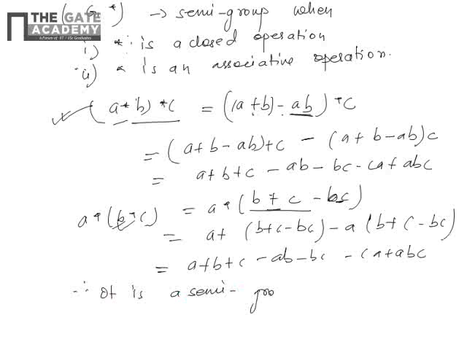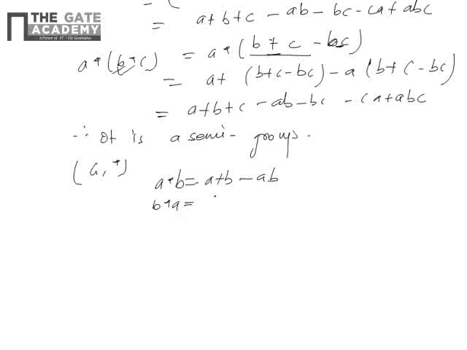Now check for abelian. Commutative: we say the group G comma star is a commutative, abelian, if it follows a commutative operation. For example, A star B is A plus B minus AB. If I interchange the values, it will be B plus A minus BA, so they are one and the same. So if you put 1 instead of B, it is not following an identity, but 0 is the identity. If you get the same value, then it is an identity. So here 0 is the identity value, not 1.